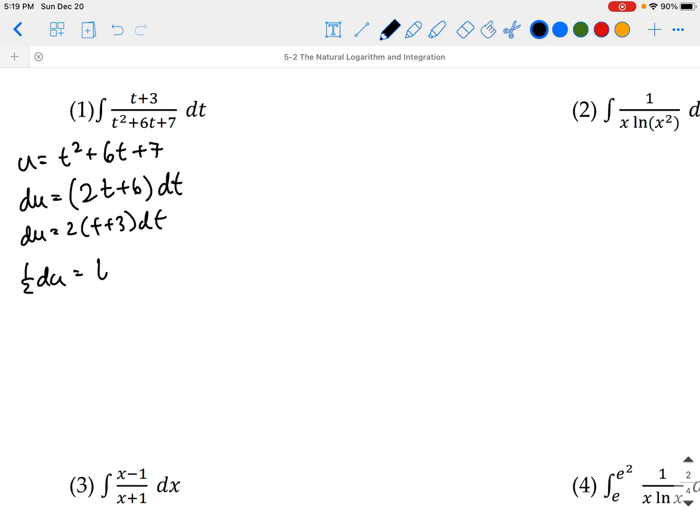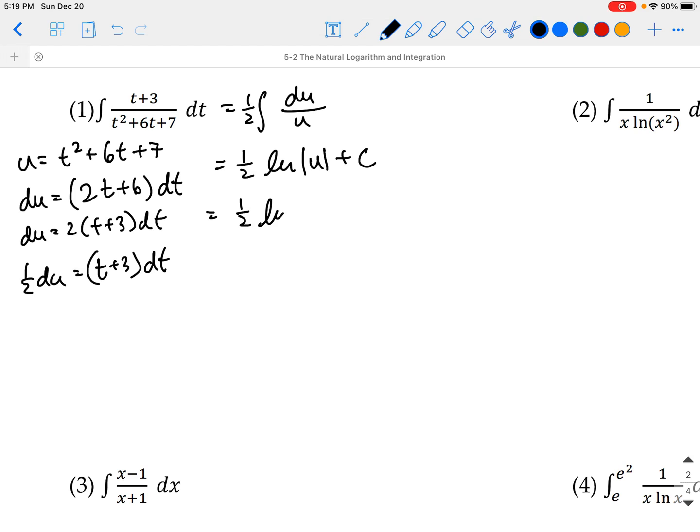So 1/2 du is equal to t plus 3 dt, and now we can substitute. This is an indefinite integral. The first three here are all indefinite, so we don't need to worry about changing our limits of integration. So what we're going to get is the integral. We can move the 1/2 onto the outside, and we'll have du over u, which is going to give us 1/2 natural log of u plus c. And then we can substitute in